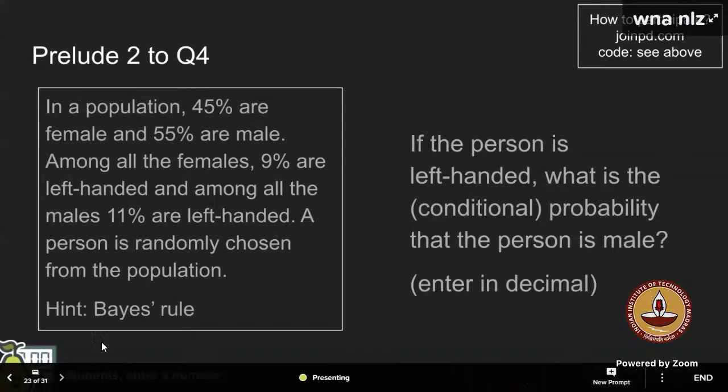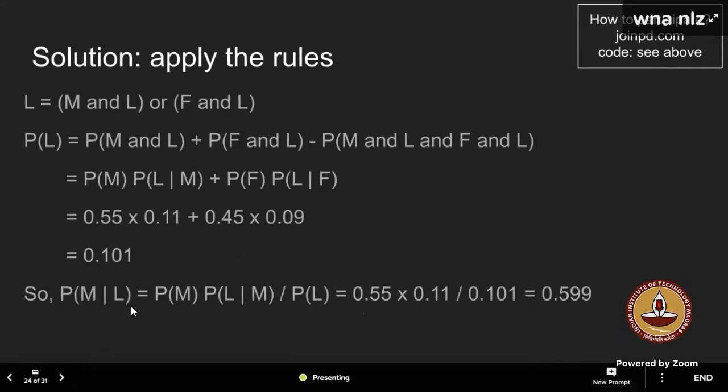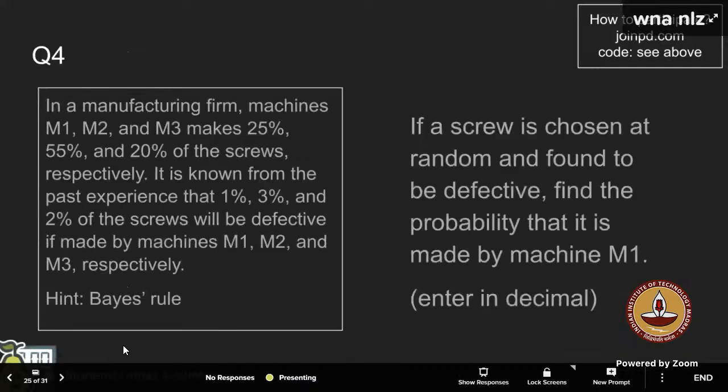Now, this is just what we just explained. It's just mentioned here. Okay, 0.599 is the solution. Probability of male and left-handed, or probability of female and left-handed minus probability of male and left-handed. That's from one of the questions that Raj Kishore explained previously. This is how they have done it. But Bayes theorem, you can approach it like that as well. Okay. Now to the next question.